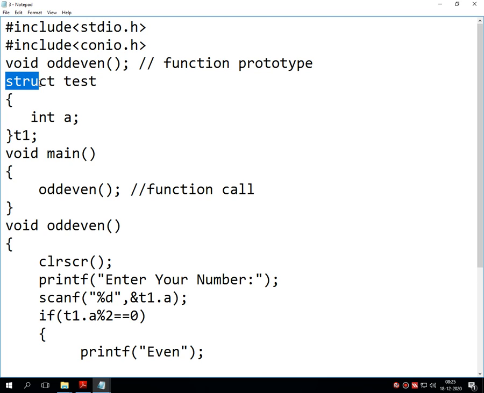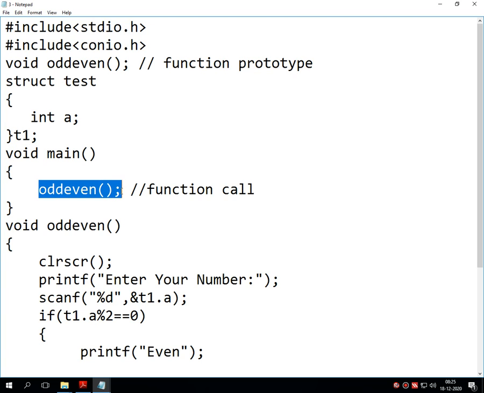Then I have declared a structure called test, which contains a single member called A, and it is accessible in the void main statement or UDF by T1, the dummy name of this structure. Then as per the sequence of UDF in the void main statement, I am just calling the function called